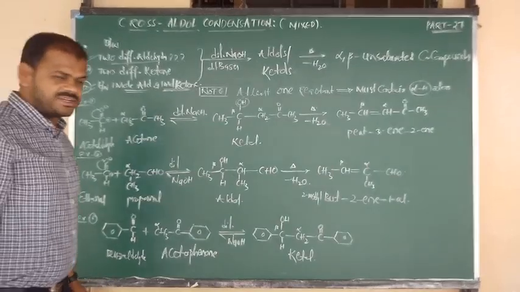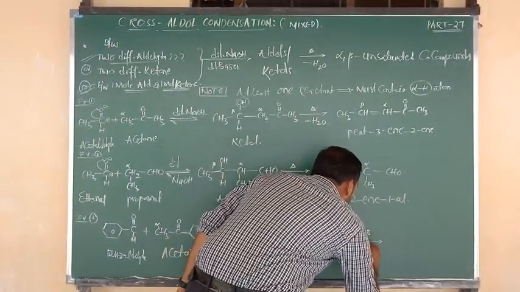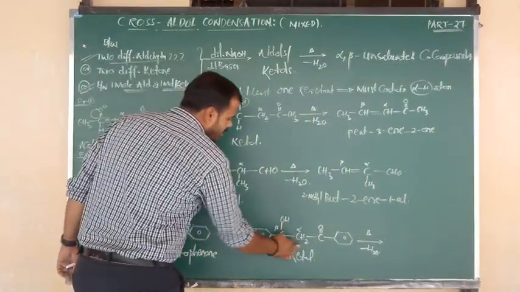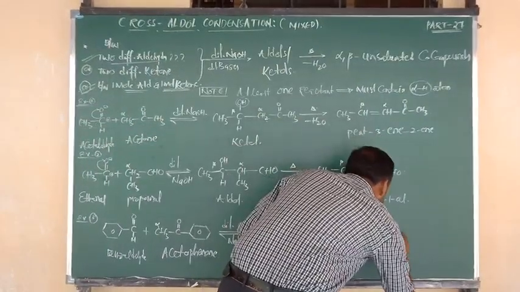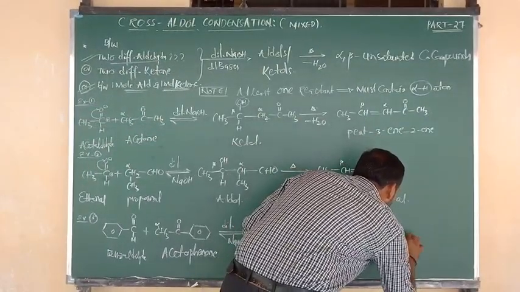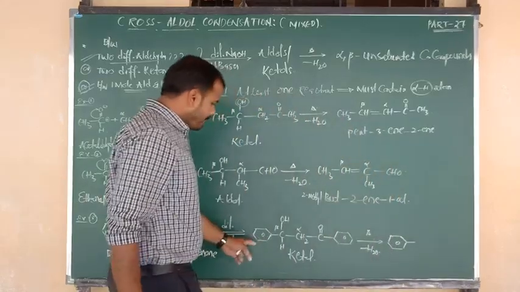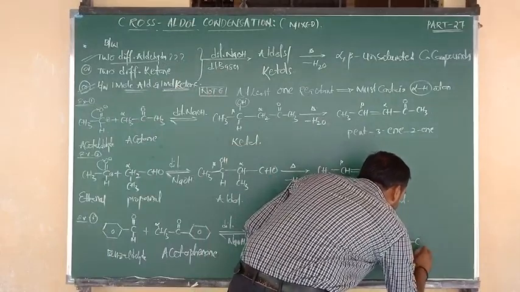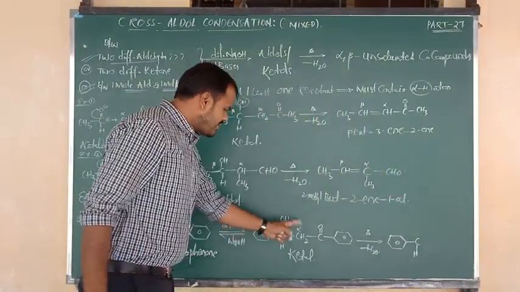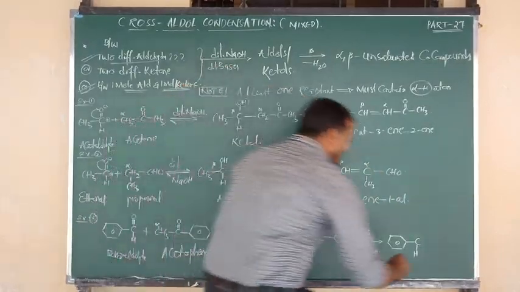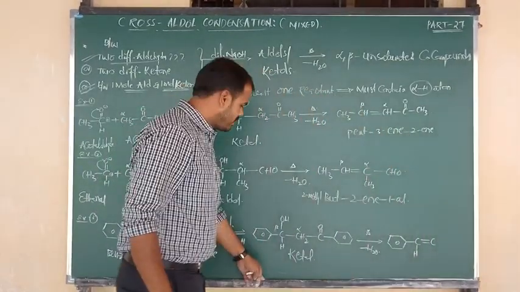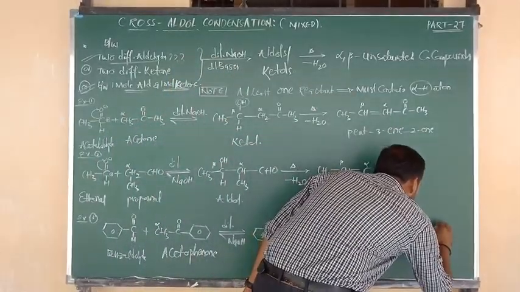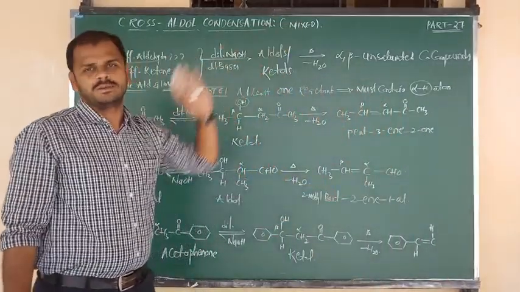Now such an intermediate, upon heating, undergoes dehydration. Loss of water takes place from the alpha hydrogen and the beta OH. So after the loss of the water molecule, what will be the final product? The final product is benzene bonded to C, C containing H. After loss of water between alpha and beta, we have to write the double bond. From alpha we removed only one hydrogen, one more alpha hydrogen will remain, which we write in the form of CH.